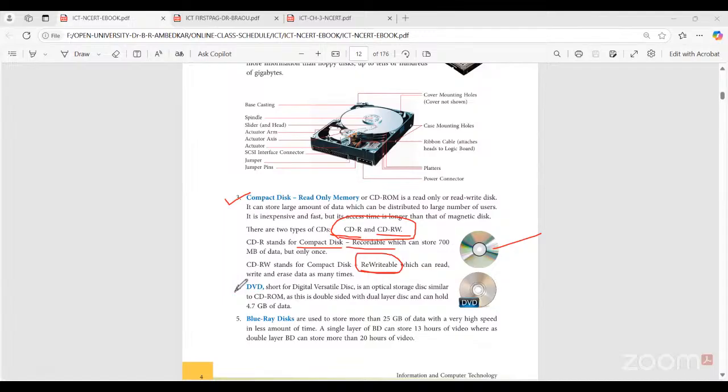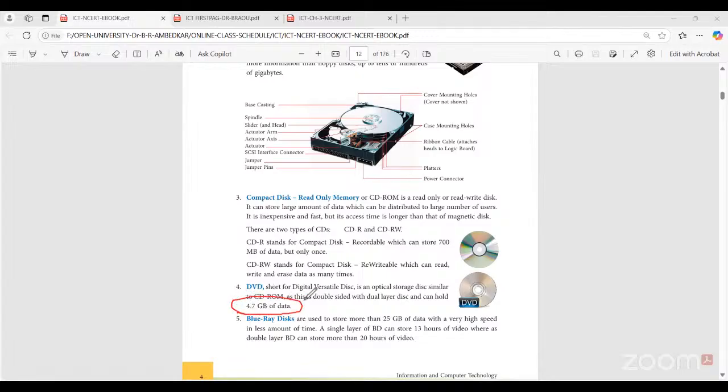The next one after the CD is DVD. DVD is digital versatile disk, and its capacity is 4.7 GB. Every storage device has its own capacity. Capacity means how much data they can store. For example, take a phone. Internal memory is defined and fixed. If you take a SIM card, the internal storage capacity is fixed. Once the storage is full, we cannot store any kind of data into that. We can store only after deleting some data from it. These devices are also the same. Here in the DVD, we can store up to